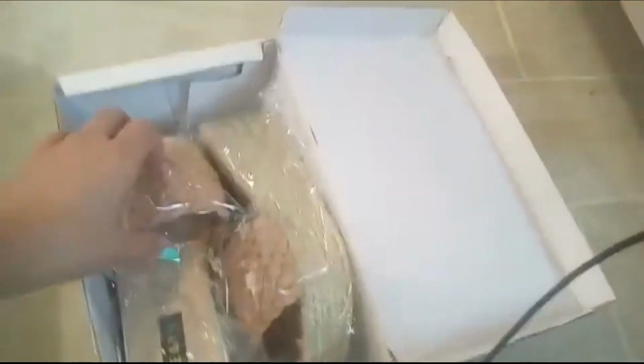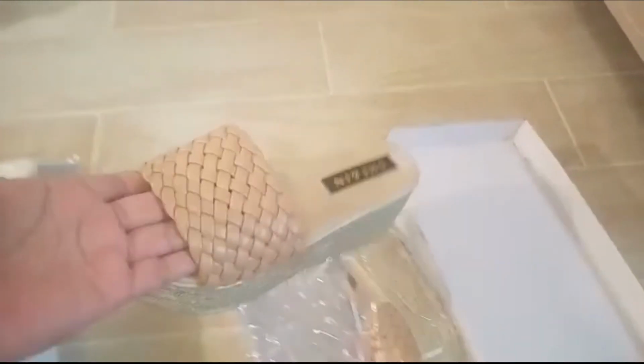I'll show you guys. Actually, this is really good. I really like it. See, look, this is exactly what I've seen online. So yeah, but the issue is, you can see,